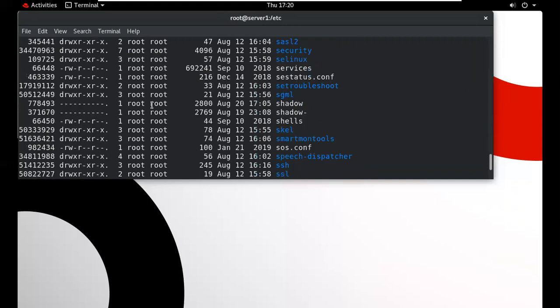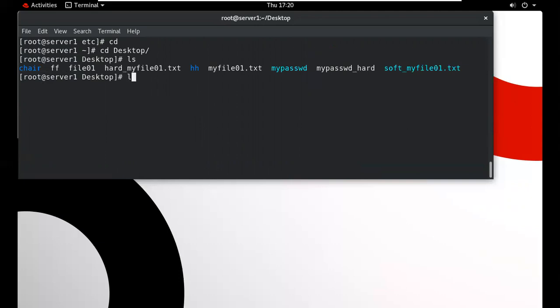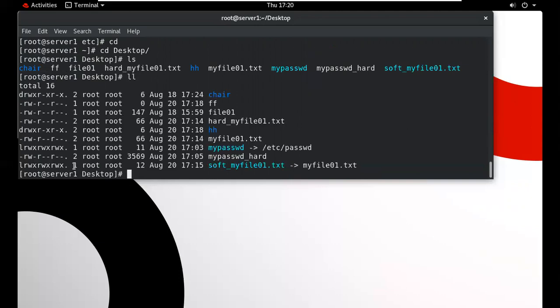When we create a soft link, it is also 1, and for the hard link, it is always 2. So this is my hard link. Suppose we delete this original file, what will happen?